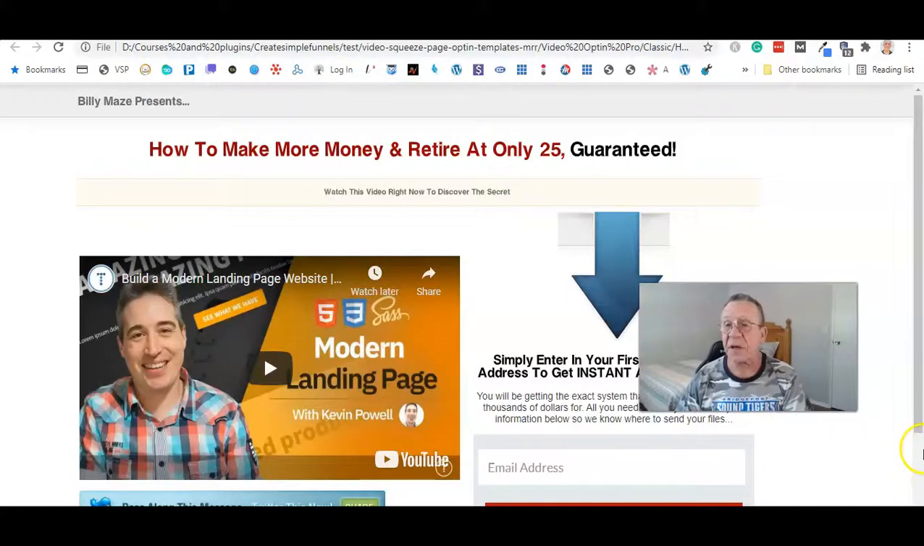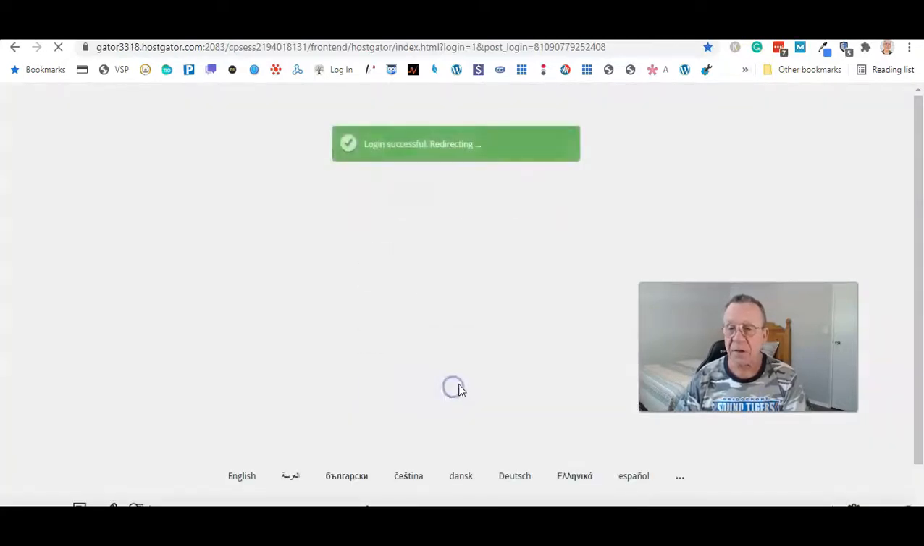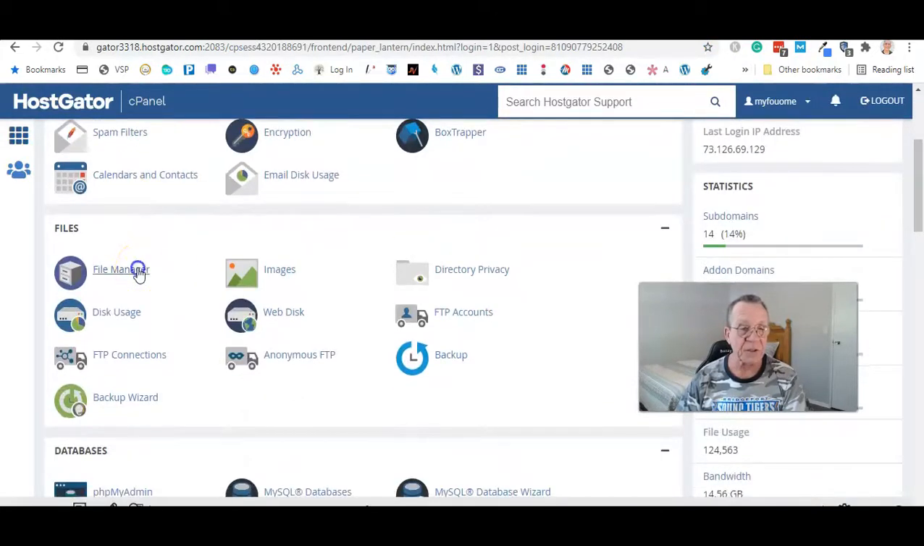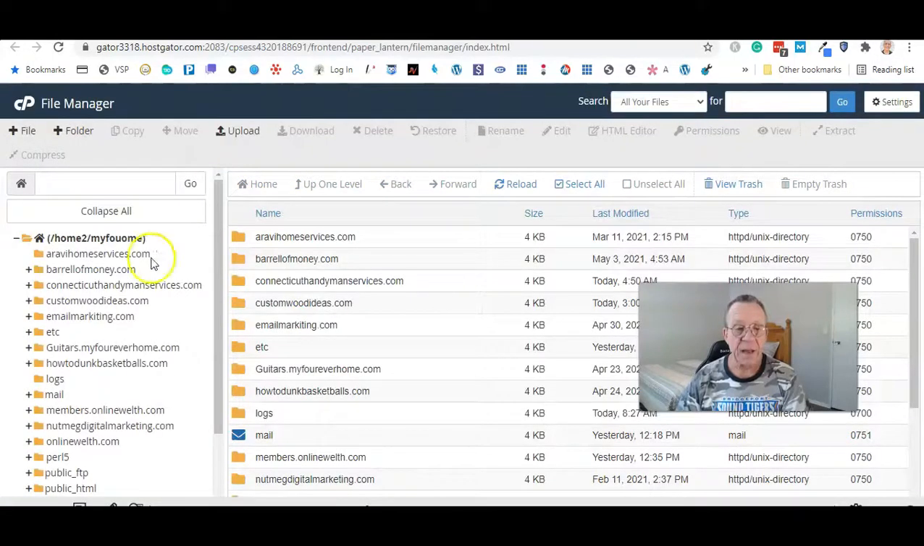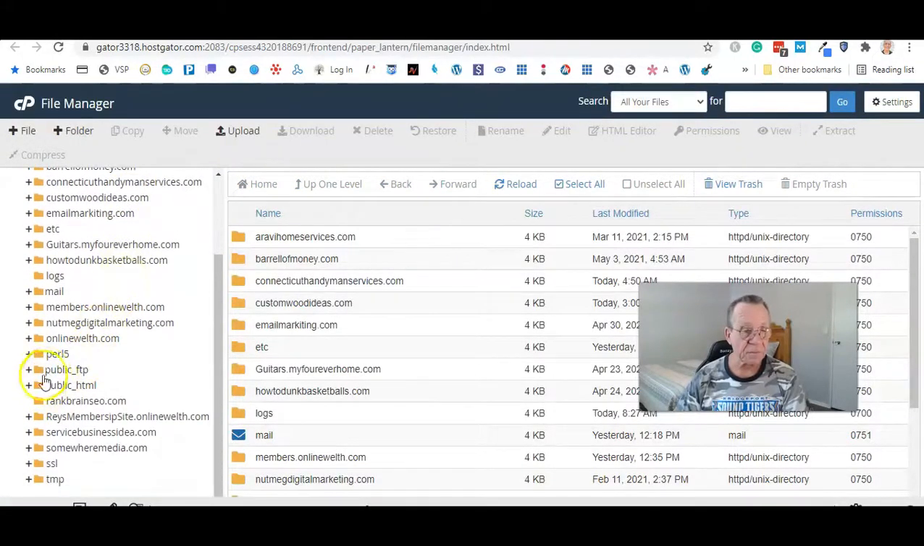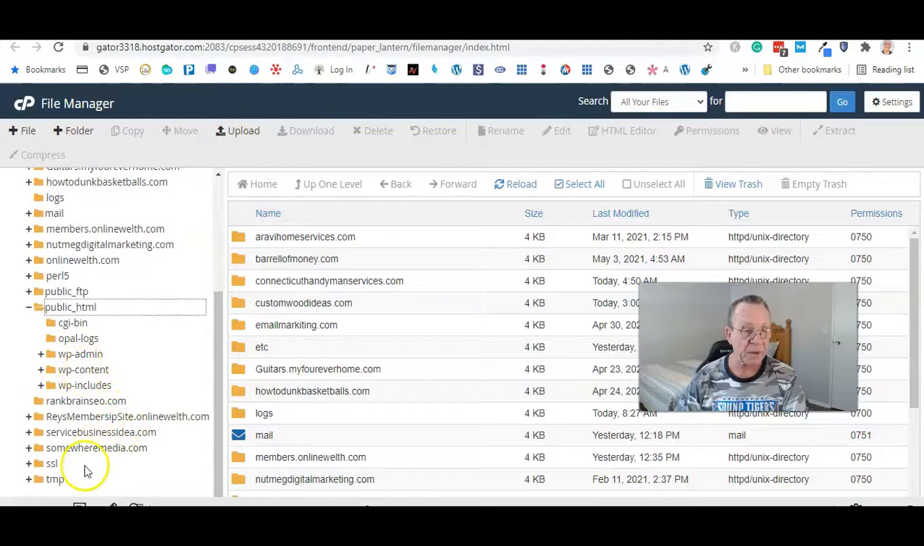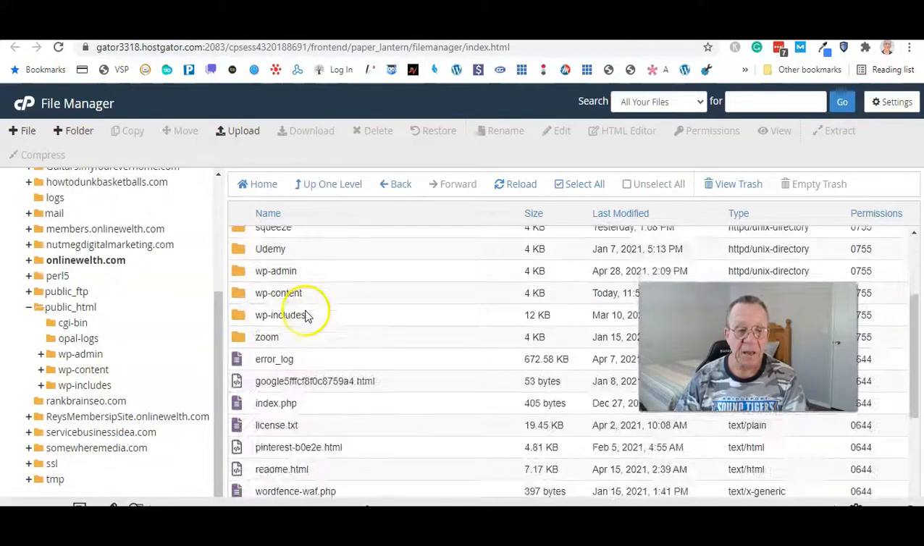And so now I'm going to show you how you can get these into your website so that they show up when you put in a URL. Okay, now starting from here, you're going to have to go to wherever your cPanel is. So I'm going to go here to my cPanel, and I'm going to log into my cPanel, and then I'm going to go to the file manager, and I'm going to go to public HTML, and I'm going to open up Online Wealth,